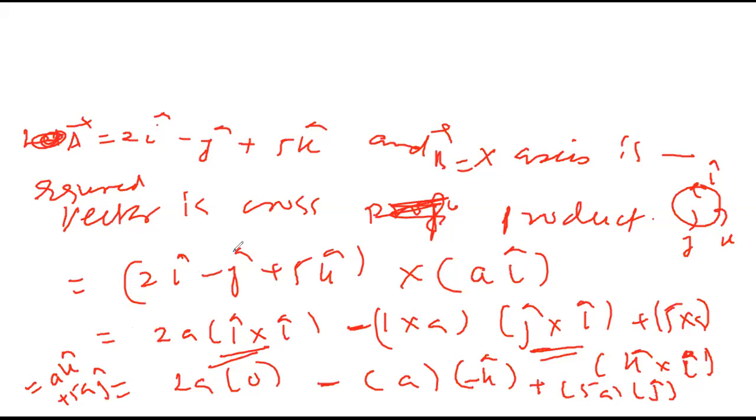Completed. Next sum we'll see now. Angle between A plus B and A minus B will be. The angle between the vectors A plus B and A minus B is asked. Let me draw a diagram so you get the idea. 180 degrees only? No, not only. Between 0 and 180. Correct.